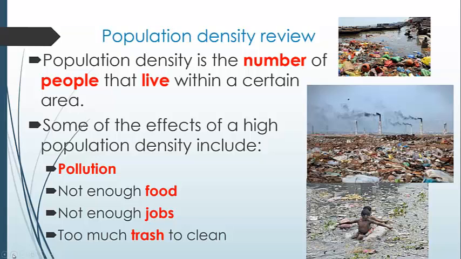Some of the effects of having a high population density, meaning a lot of people and not very much space, is pollution. So they had to create factories for all of the people who lived in that area in order to provide jobs. But these factories, as you can see over here, had a lot of steam and smoke and different things that polluted the air, and it makes it really, really difficult to breathe. You can see that a lot of the land is covered in a dark gray smog.